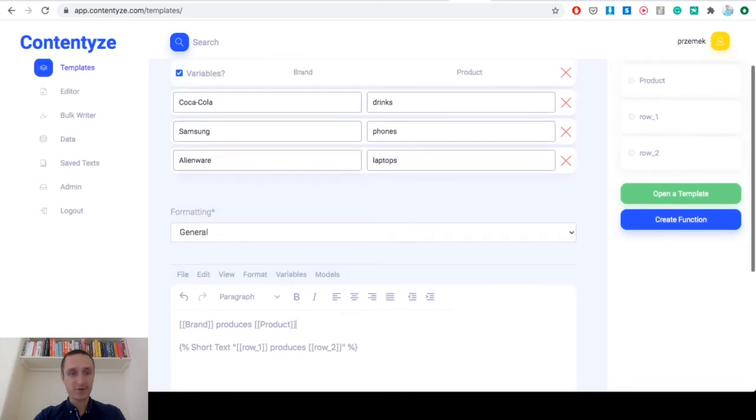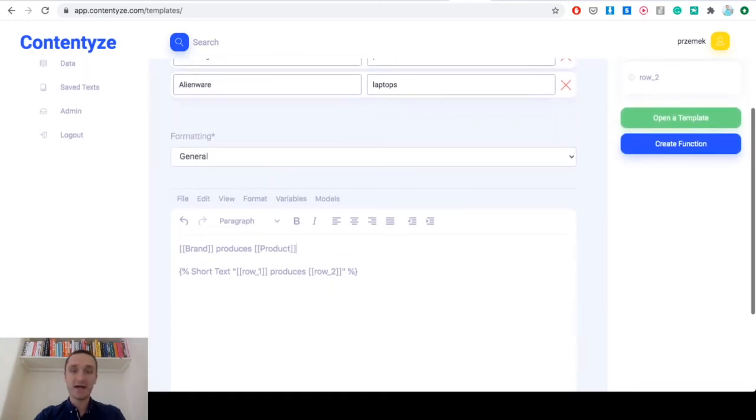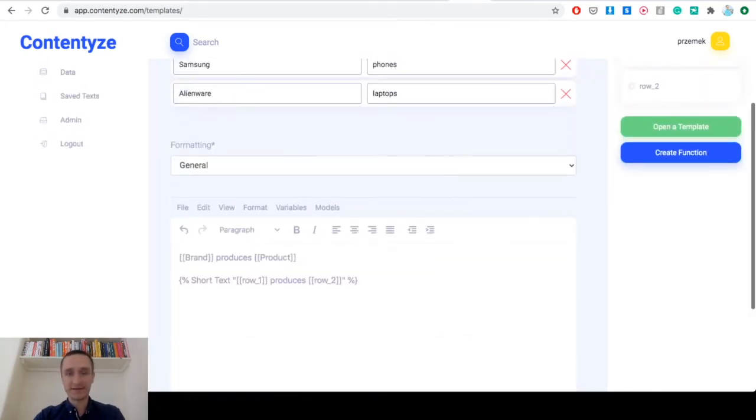Maybe at this point I should also mention what formatting is doing. So formatting basically means that whether you want to generate just a text for yourself and then download it later on, then you choose general, but you also have a choice between Twitter and WordPress. And the goal here is that if you choose Twitter or WordPress and then save the template by going to save,